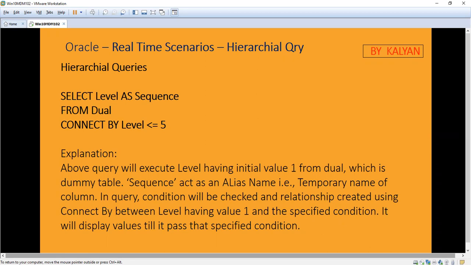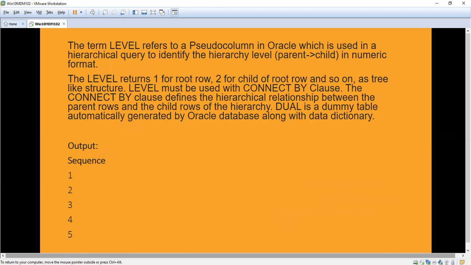I will explain what connect by and level are now. The level refers to a pseudo column. A pseudo column is a column you cannot see in Oracle; it's a hidden one.